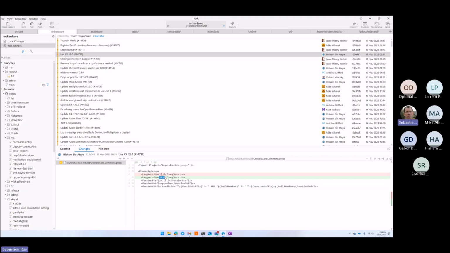One reason could be that from one build to the other, it can't break. Usually when we update to a new version of the language, it's just new features. It doesn't break the previous thing. That's a contract you can't break. C# won't break the previous code if you upgrade to a new version.